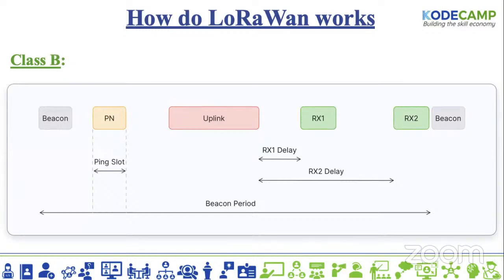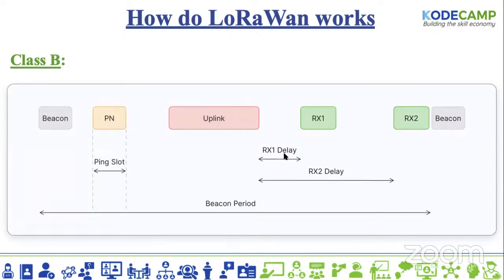Although they have some similarities, because when I'm talking about the similarities, I'm talking about this delay between the uplink and the receive, though they have some similarities because of this delay with class A, the class B device